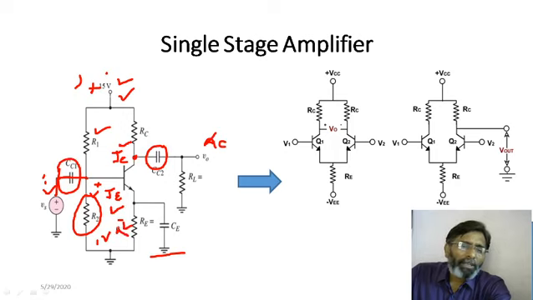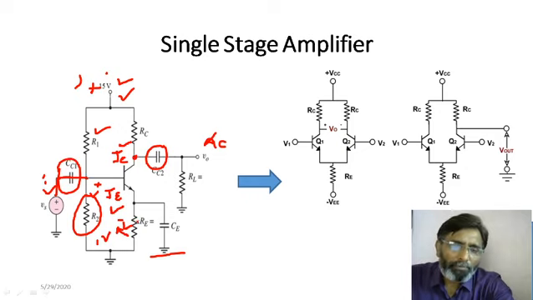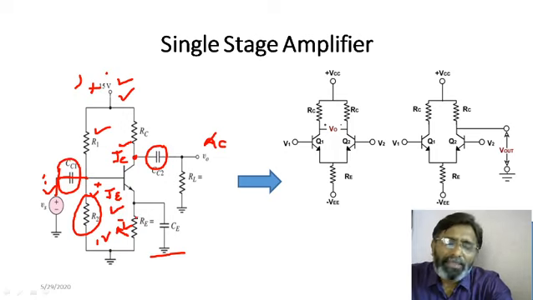Now, why provide this negative feedback? Basically, the purpose of this negative feedback is to avoid thermal runaway. Now, what does thermal runaway mean? In a transistor, when we operate it for a longer duration, as there are resistances in the circuit, there will be I square R loss. This I square R loss is converted into heat. Because of heat, the temperature of the transistor will increase.